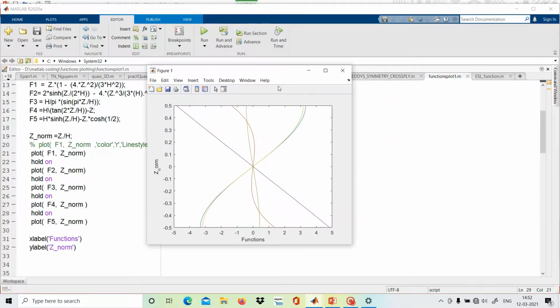So we can plot in this way, and we can use a command legend so that we can identify which function is which one.